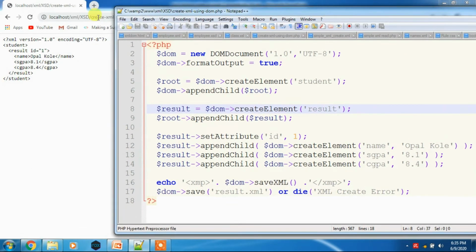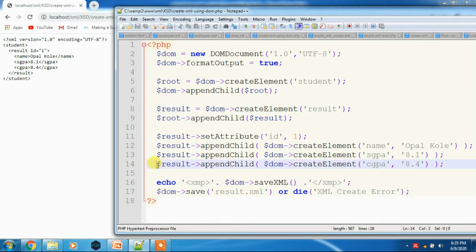See here, first one is student. For student it created one element, and for result it created a result as a parent element. For that parent we have to set an attribute as ID equal to 1, like this. And again we have to append a child. If you want to add an address or a phone number, you can use one more thing.